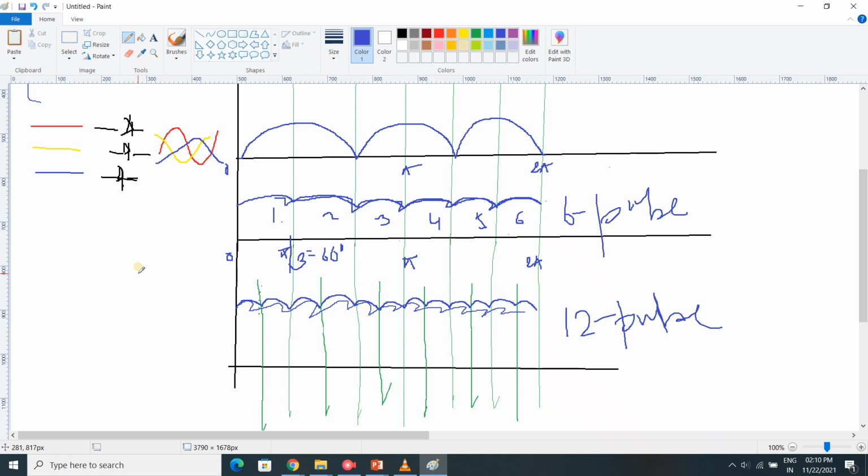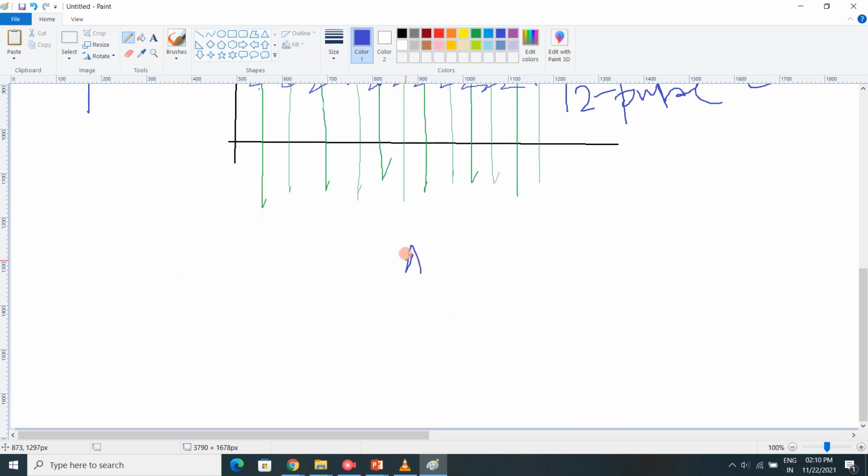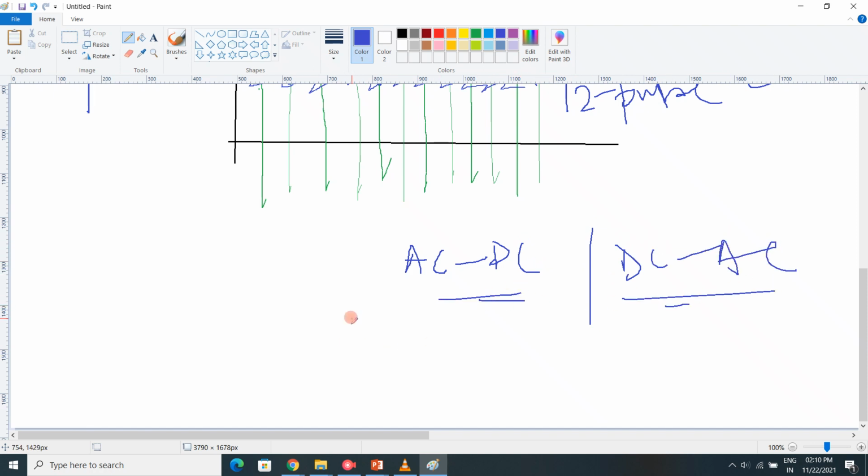As a result, the quality of the power reduces, so we will not get a perfect sinusoidal wave. Just like in rectification we do not get a perfect DC wave, similarly we do not get a perfect AC wave. So after rectification we use filters like capacitors, which help us get a smooth wave. But remember, the same converter setup, 6 pulse or 12 pulse, is used in AC to DC as well as back from DC to AC.